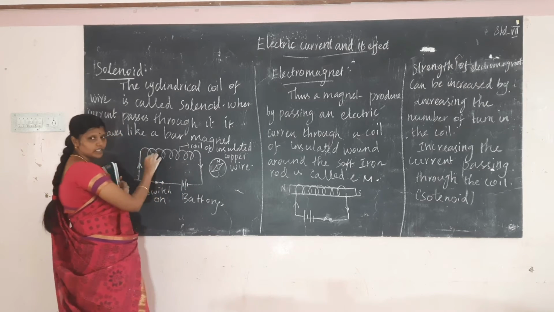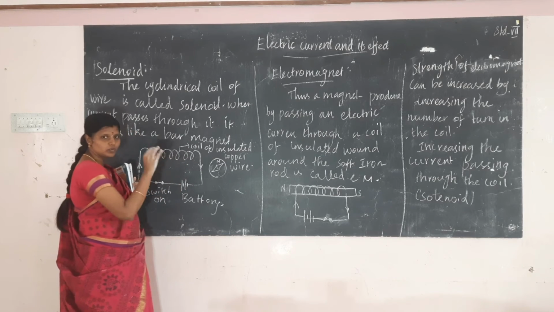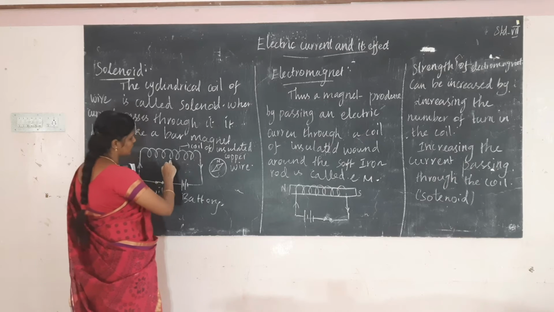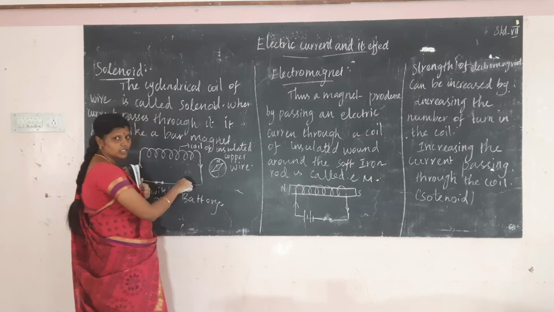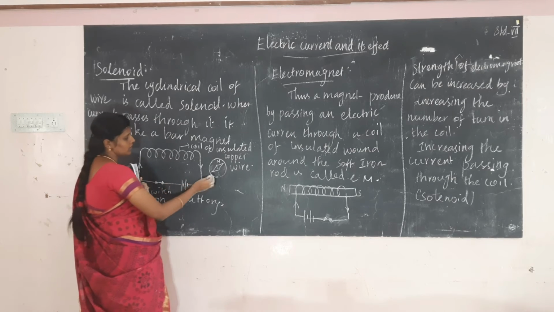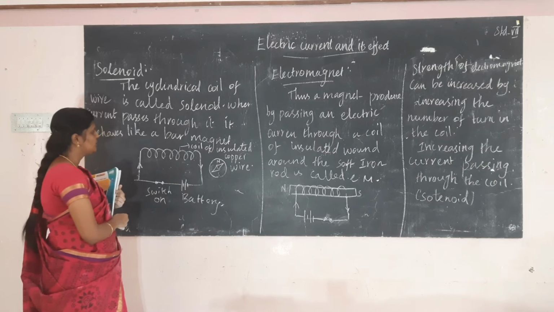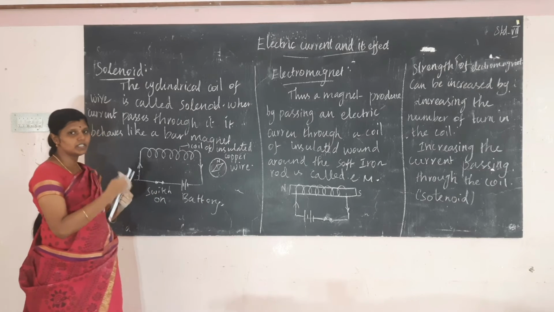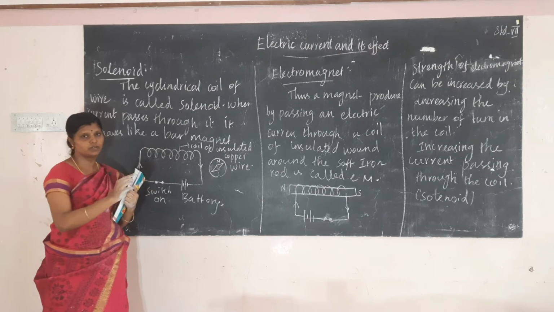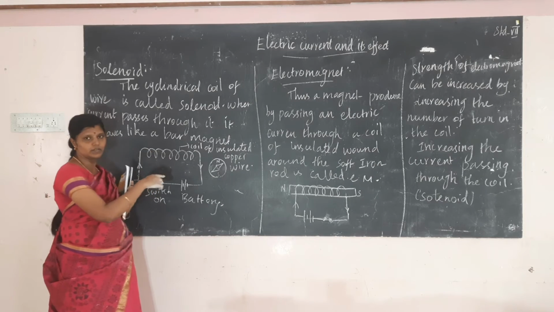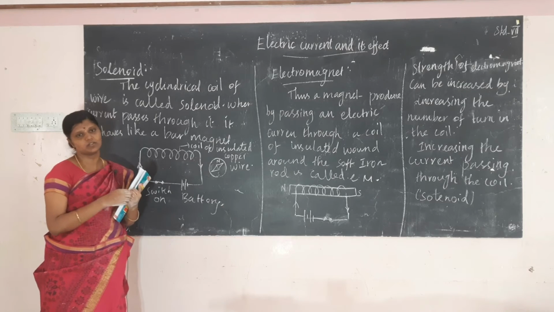The number of turns in the insulated copper wire, 20 to 25 to 30 turns in the solenoid. And here the magnetic compass gets deflected. When we bring the magnetic compass nearby, it gets deflected. So what we can understand from this is that when the coil has more turns than a single wire, the current flow will be greater and also the deflection will be greater.